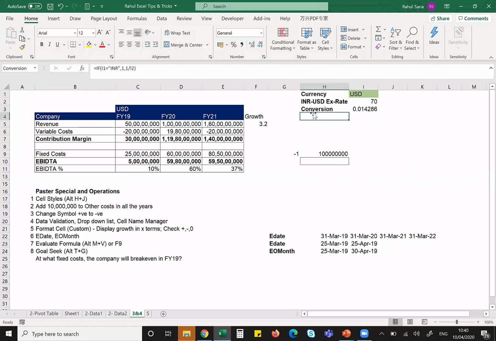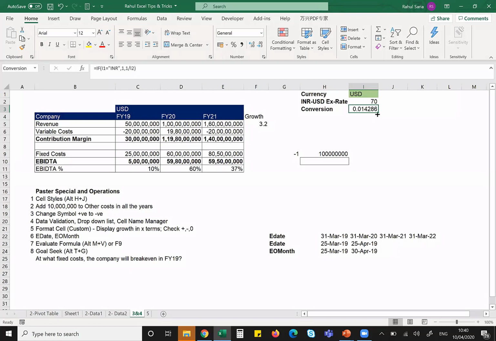I can do that for any cell. I go there, I simply click on this and type it as con. Now this cell becomes con and it becomes permanent for this whole worksheet. I can use it in any of the sheets. I'll show you how we use it and why it is so interesting.